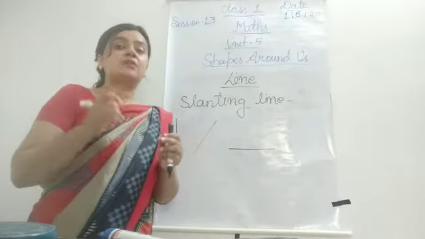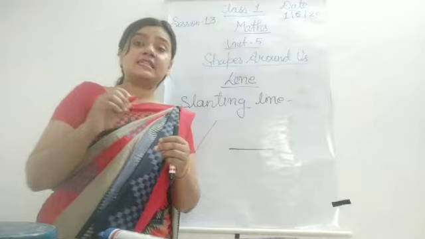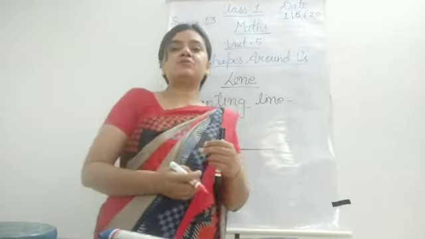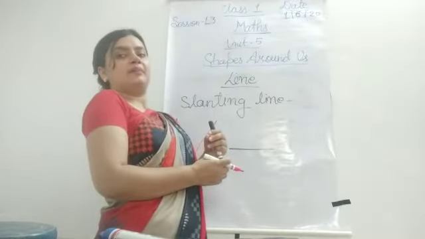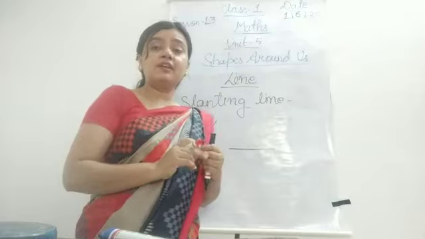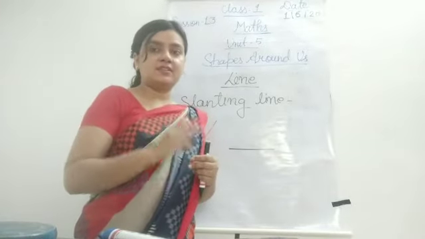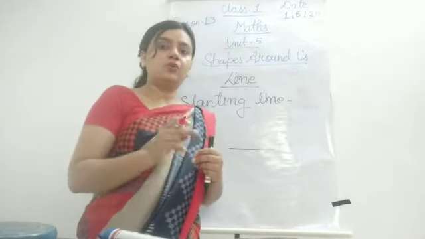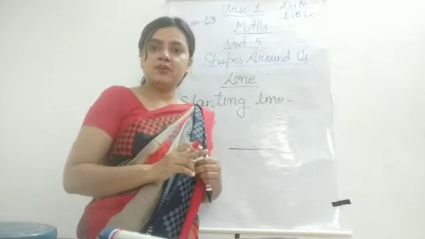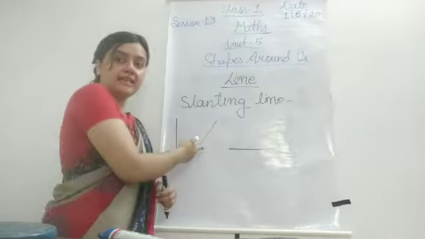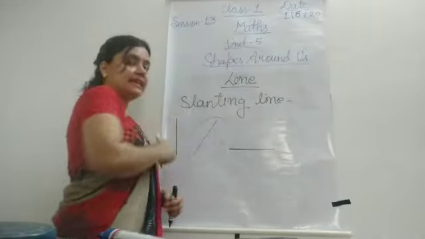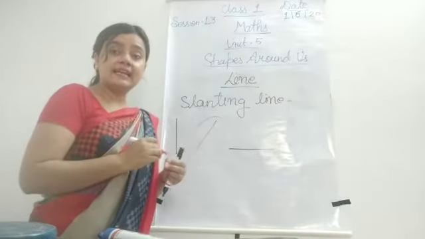As you are sitting continuously in your class and you want to take a little bit of rest, no? So you go a little bit backward, like this. Then your miss is saying, sit straight, don't go slant. Don't make your body in slant position. Like this only you are lying down at your back seat. So this is slanting line.